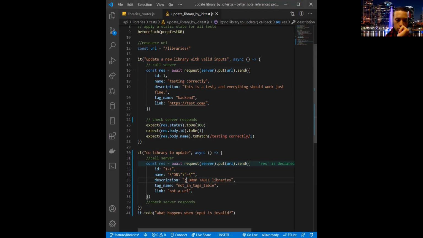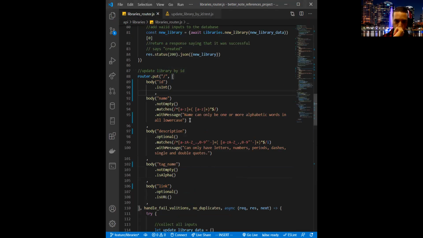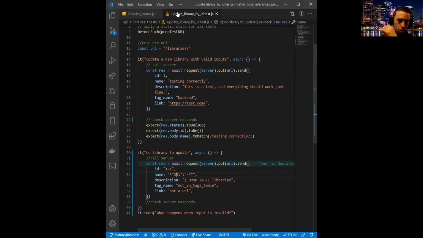This should fail because of this. This should fail because of that. This could go through. Oh no, I cannot. That's a symbol.